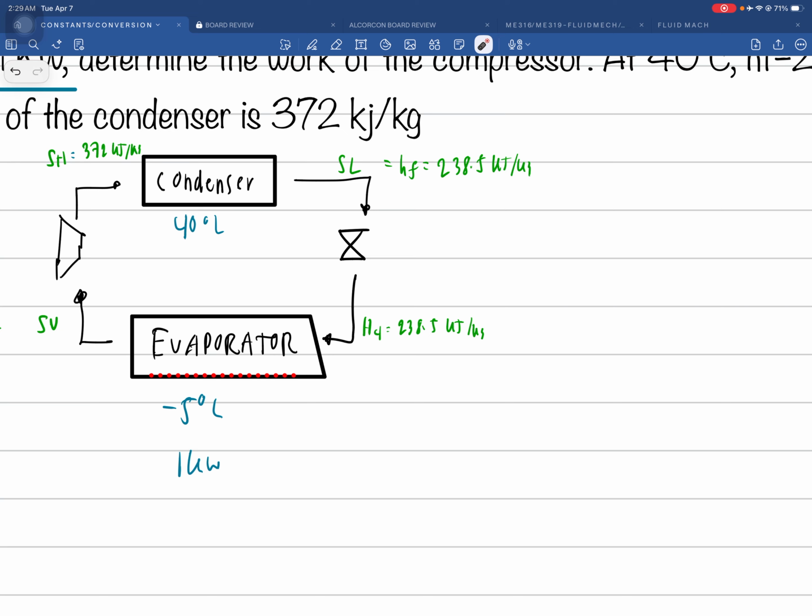Usually dito kasi mixture minsan lumalabas, no? Depende sa quality. If your quality is less than 1, then you have a mixture, no? And most of the time yung quality naman natin is less than 1. Okay,